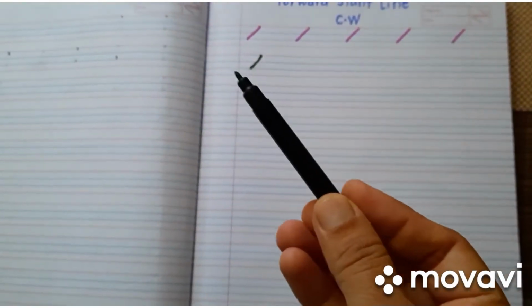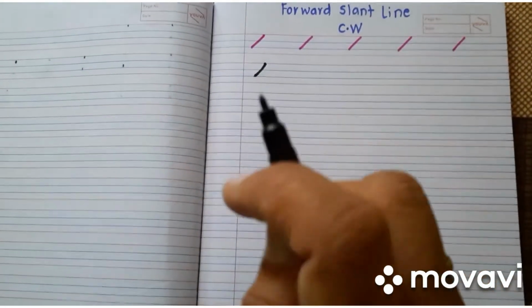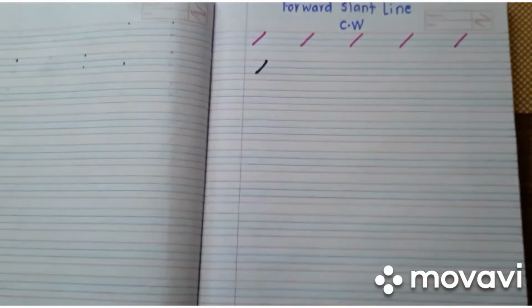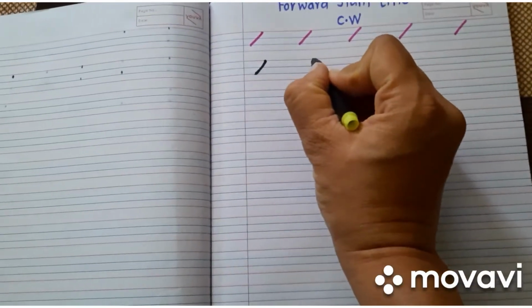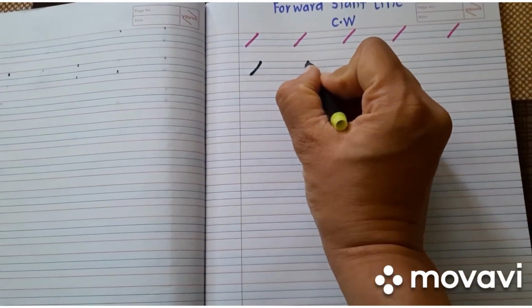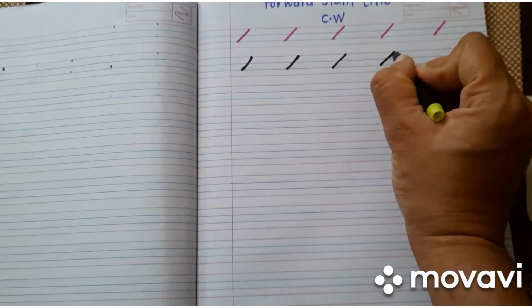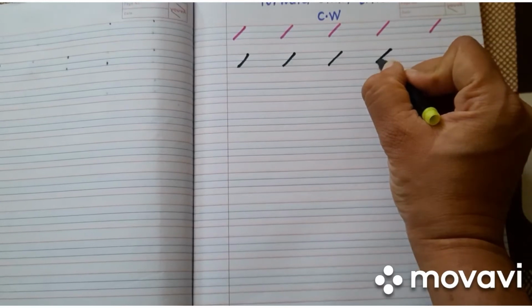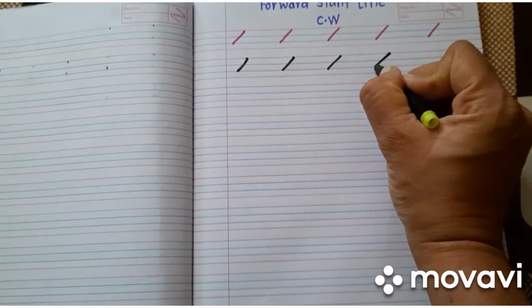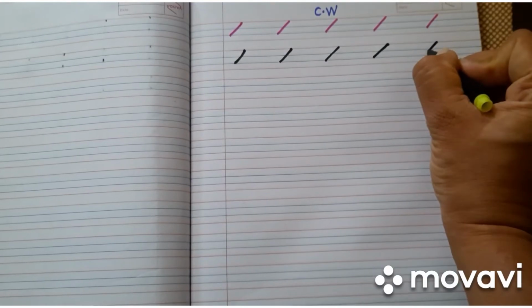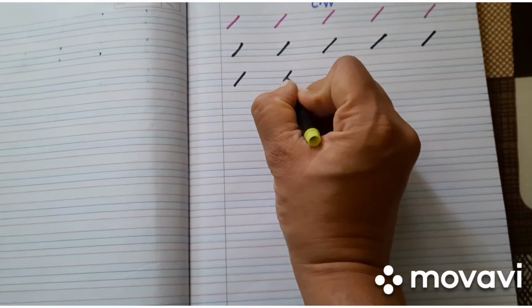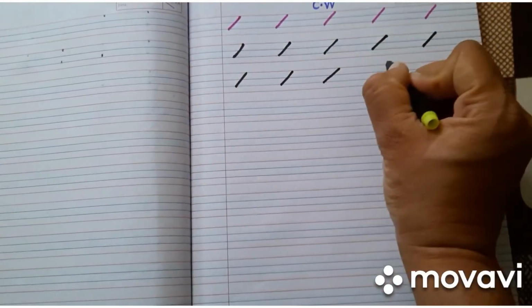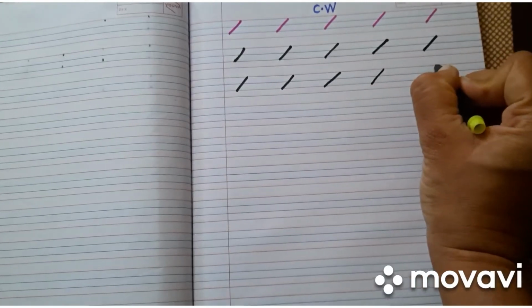Here I am using sketch pen, but you are not supposed to use sketch pen while writing. Okay? You all are going to use your pencil. Okay? And you have to use sharpened pencil. Now see, again from right to left, again from red line to blue line, come down, touch to blue line. Yes, that's great. So likewise, you have to finish complete page. Okay. Are you all doing along with me?